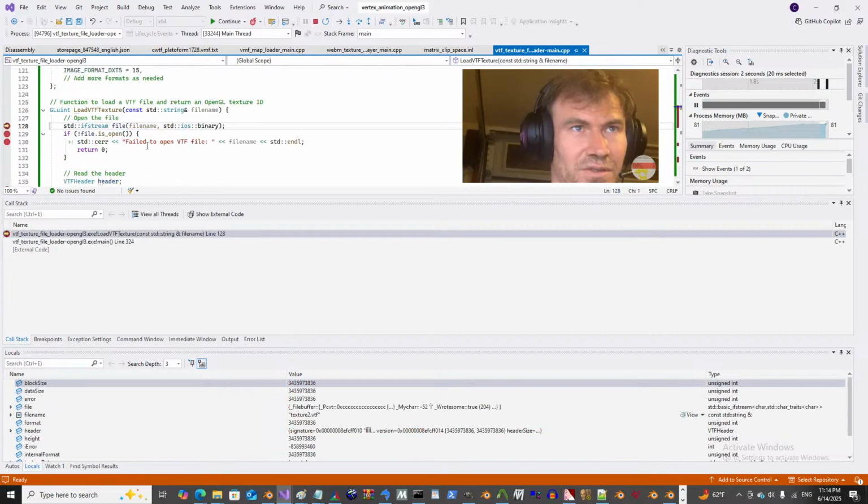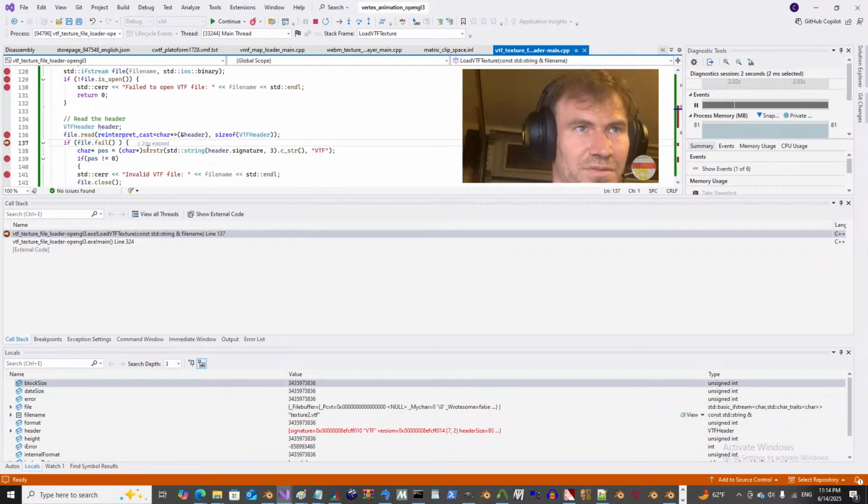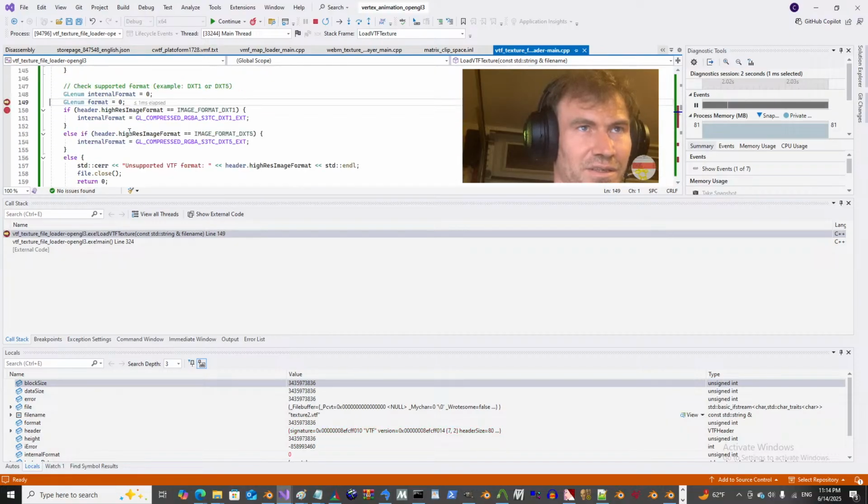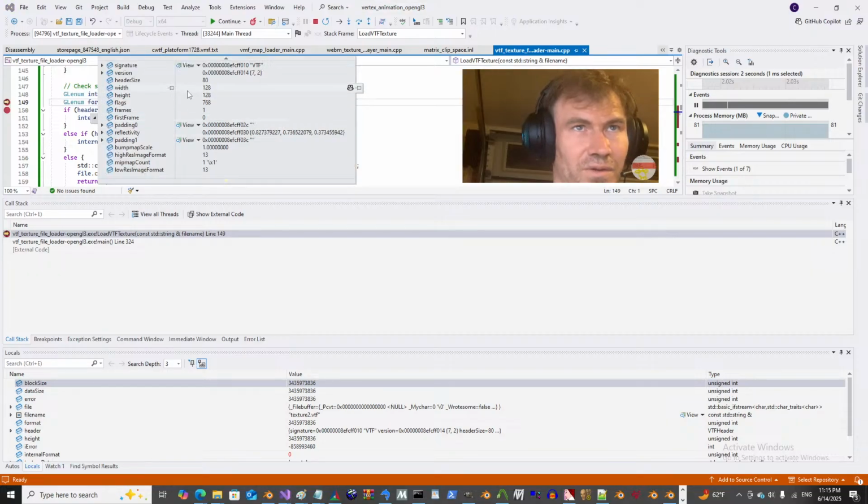Load texture too. I was making sure I uploaded the texture in a little bit different, simpler format. Make sure things were kind of good. So it starts reading the header. We could look, see that our internal format's got something. The header's already got stuff in it. We got 128 times 128, so that's correct. I don't know if the header size is correct. I remember there was some sort of, when I was loading,